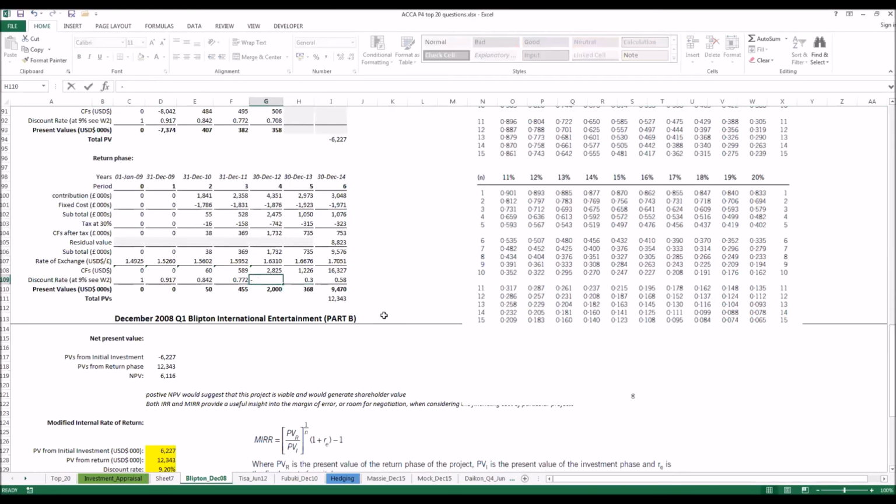Let's say 0.3 again here. So as you can see, the NPV here goes from $6 million to